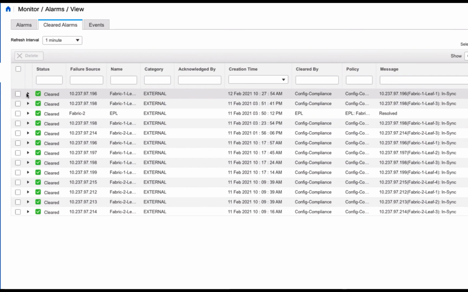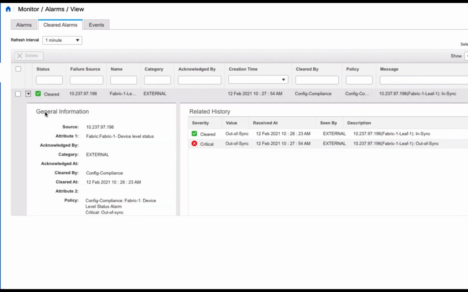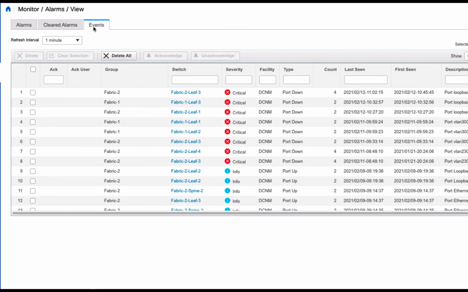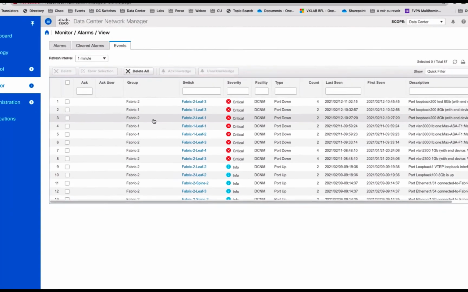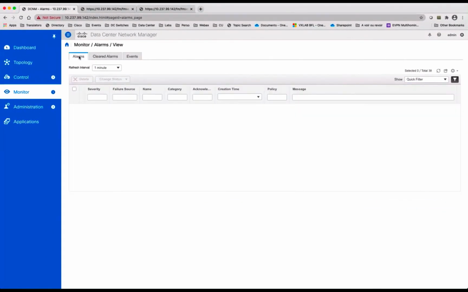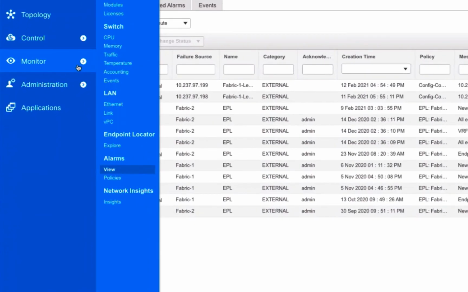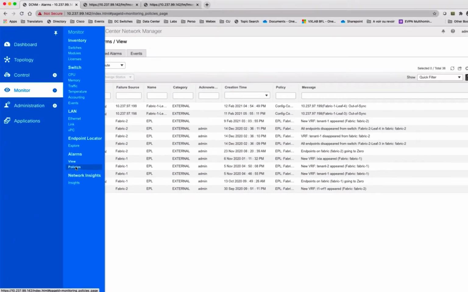However, you can always retrieve the cleared alarms with the timestamp and the message, and you can also expand these alarms for more details. The Event tab lists all alarms related to a change status such as power down or power up. You can manage the alarms via the policy knob.